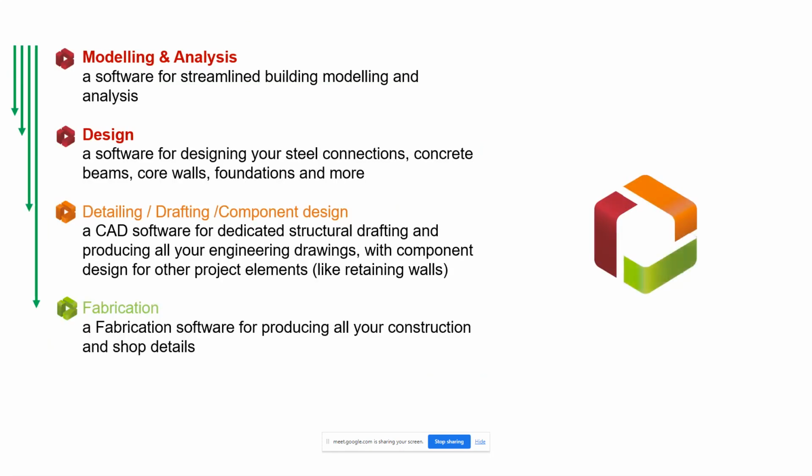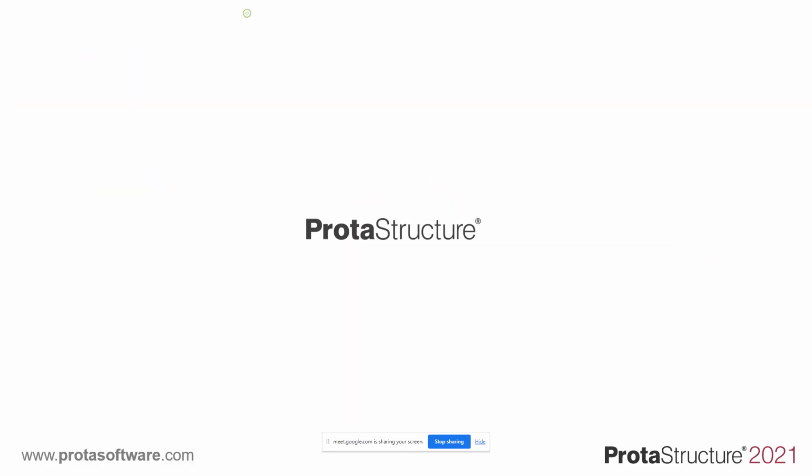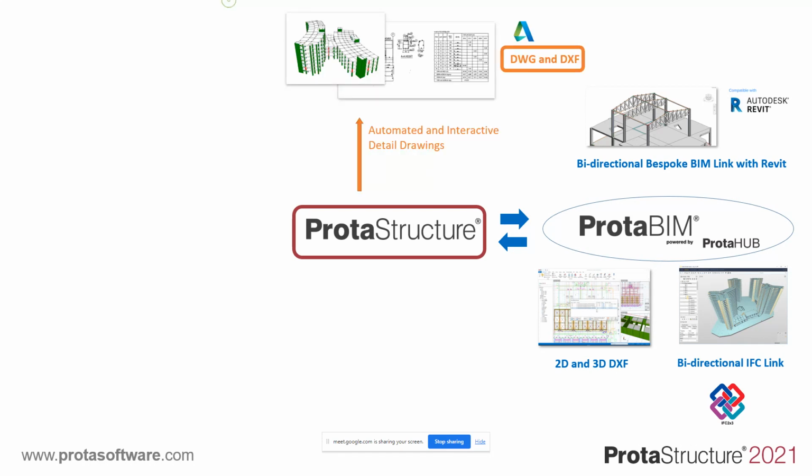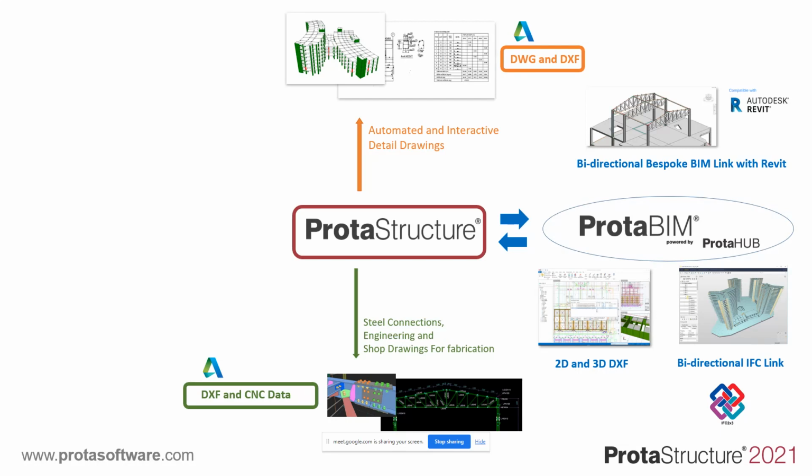So that is how the same we have prepared here. Let me summarize the features and enhancements we have for ProtaStructure. We have Prota BIM, where we can easily import and export 2D and 3D DXF, with a bidirectional IFC link to the product and direct integration with Autodesk Revit. Then we have a feature called Automator, where after the analysis and design is done, we can easily generate our drawings. We can export to DXF and CNC data for the fabrication drawing,